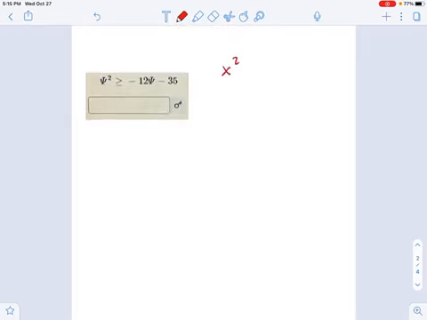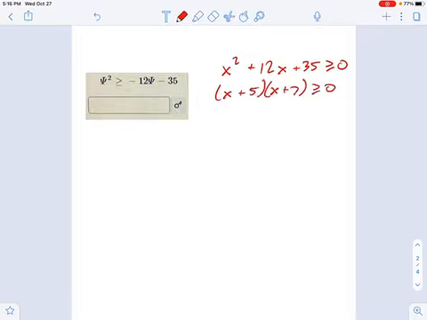I've got, psi, I'm just going to write it as x. x squared plus 12x plus 35 greater than or equal to 0. Okay, I just moved everything over to the right. And now we factor and make this x plus 5 and x plus 7 is greater than or equal to 0. So instead of graphing it, if you want to graph it, go ahead. But I'm going to use this number line and say negative 5, negative 7. Okay, I need a little more space here. There we go. Negative 5 and negative 7. Here are my factors. x plus 5, x plus 7.